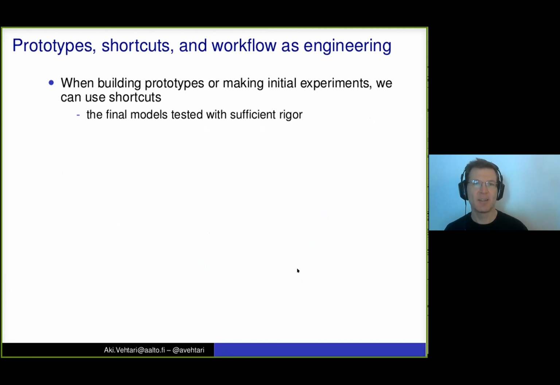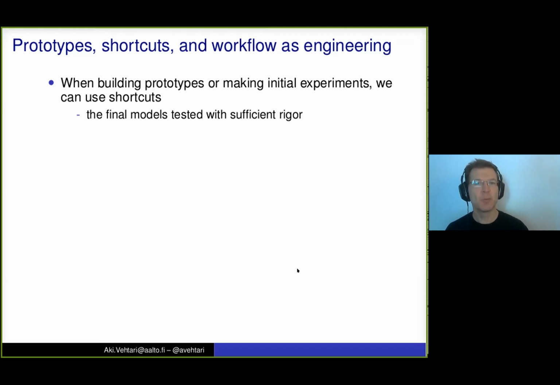And then I'm saying that in the initial phase, when we are doing these prototypes, we don't need to follow all the rules strictly or make as strict diagnostics and so on, so that we can do these kind of prototyping and initial experiments.